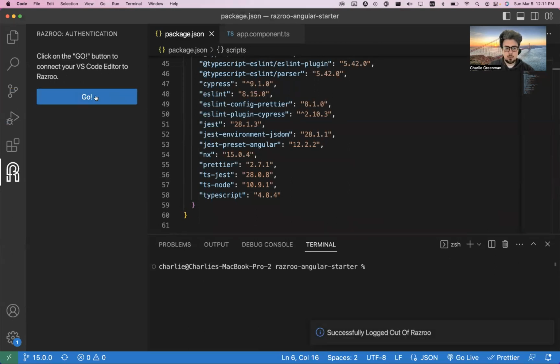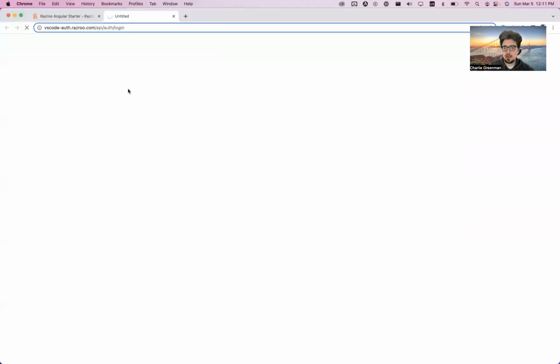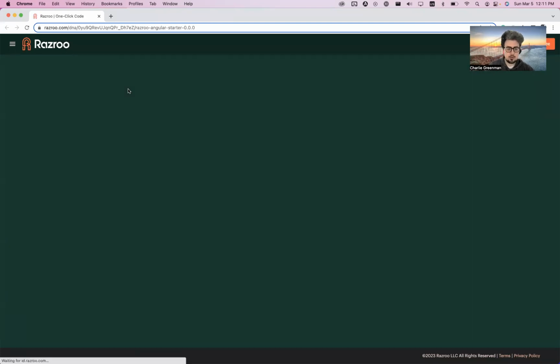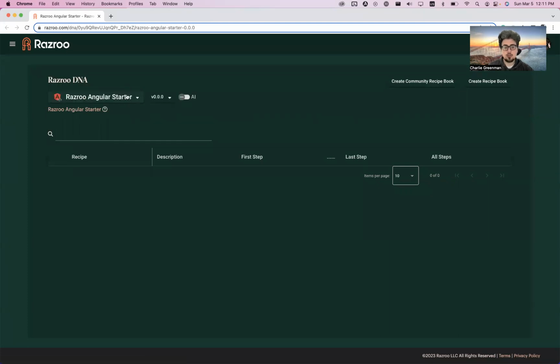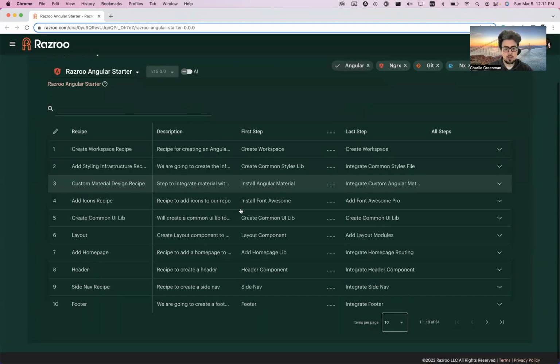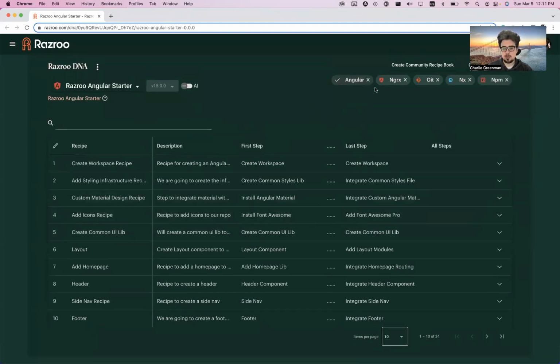For demoing purposes, I'm going to log out and log back in again. Razroo is going to connect me to the Razroo authentication portal. And when that happens, Razroo will automatically create this project for me, called Razroo Angular Starter, and then it will give me various programming languages and tools that are part of my ecosystem. So part of that value is that you're able to just click on any of them and be like, oh, okay,